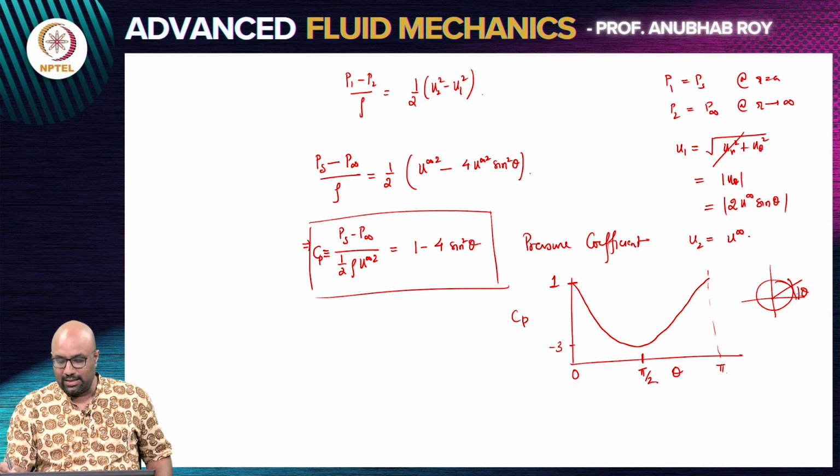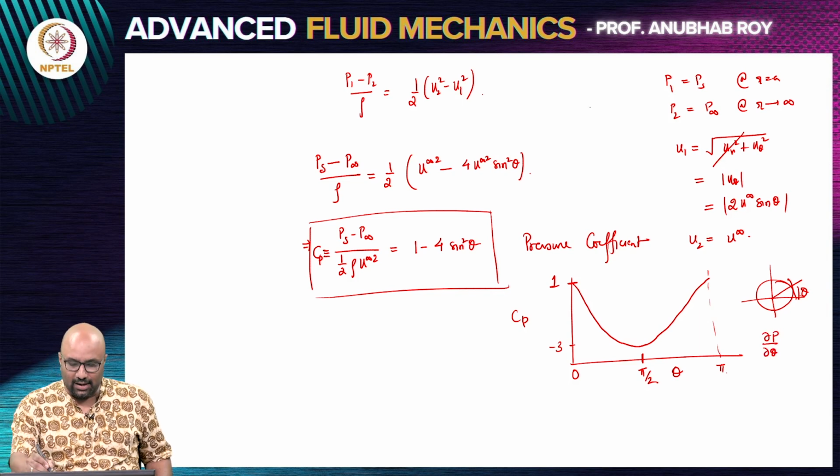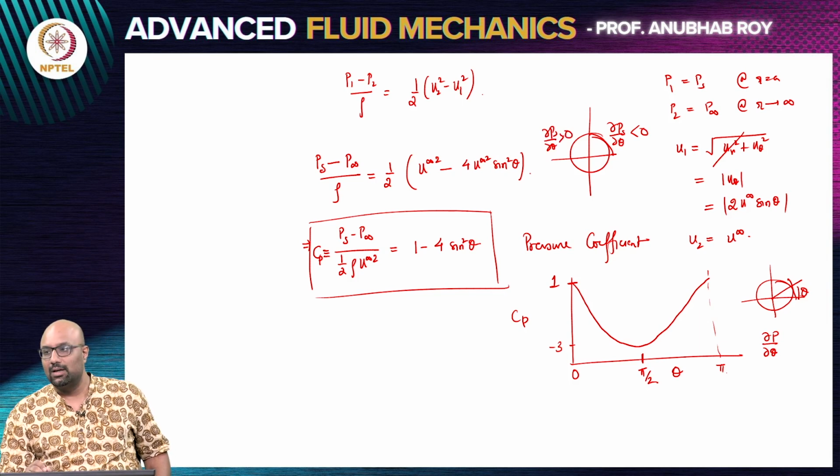So, there is an adverse nature in terms of your pressure variation: between 0 and pi by 2 you are moving along a decreasing pressure. If you define a quantity dou p dou theta, we know that on the surface of a circular cylinder, dou ps dou theta is negative in this half and it is positive in this half. This is an important point because we are going to come back to it